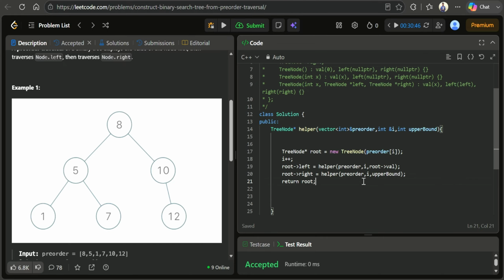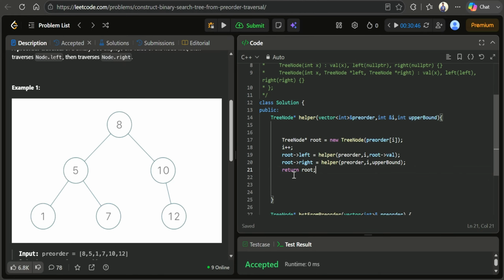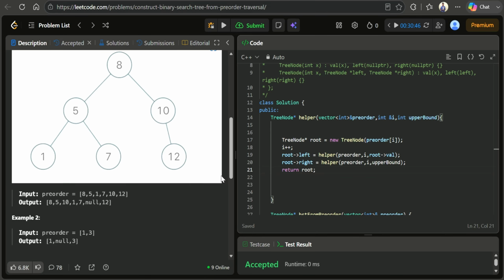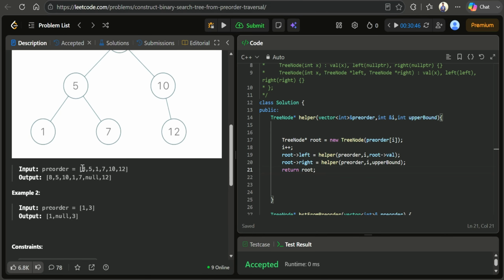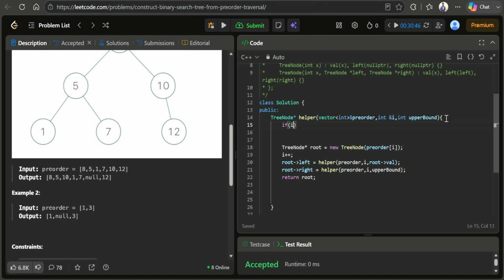and then we will return the root here. Before returning root or doing something, we need to take care of base case too. So what are the base cases? Well, if you see it here, your I value starts from this 8, right? As soon as your I value exceeds this 12 value, it goes out of bound. So you need to take care of that. If your I is equal to your pre-order dot size,